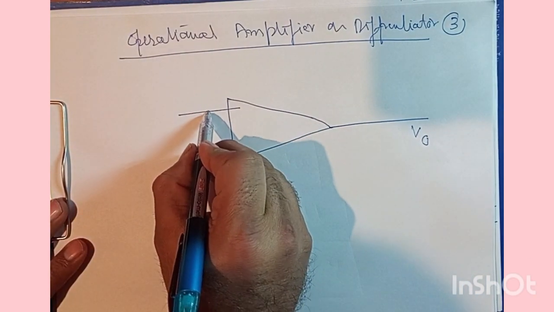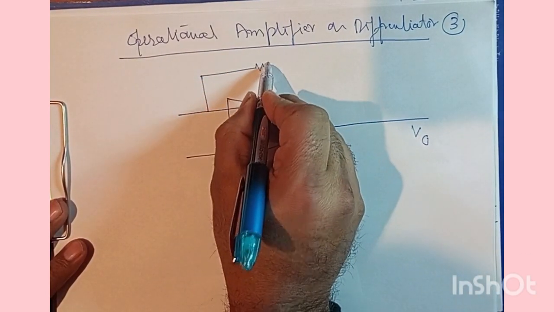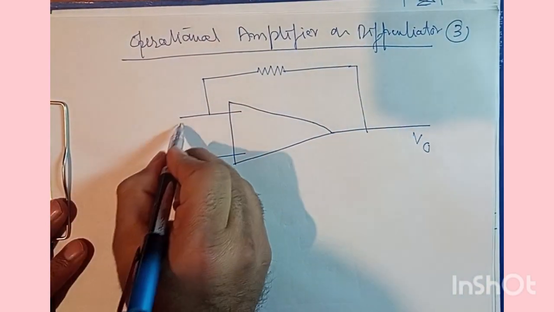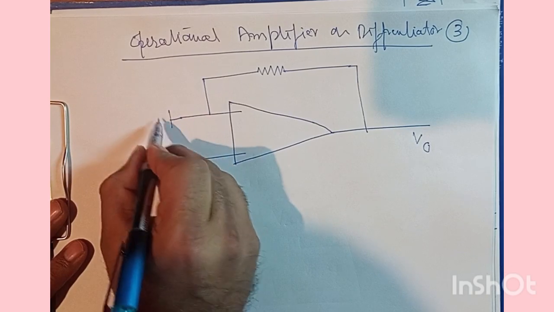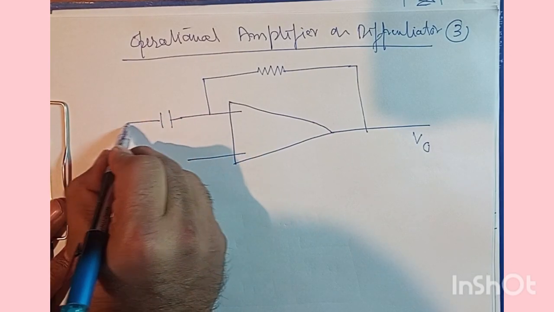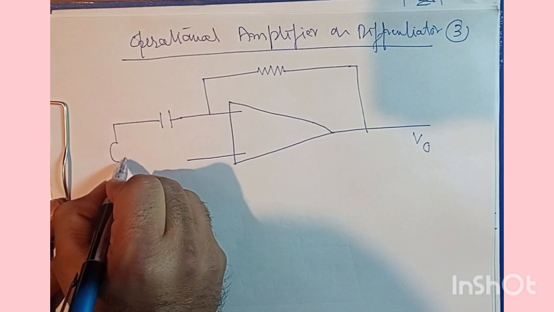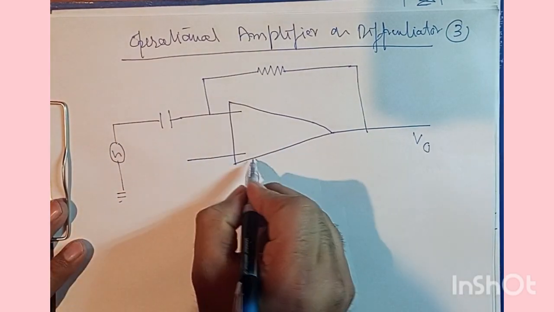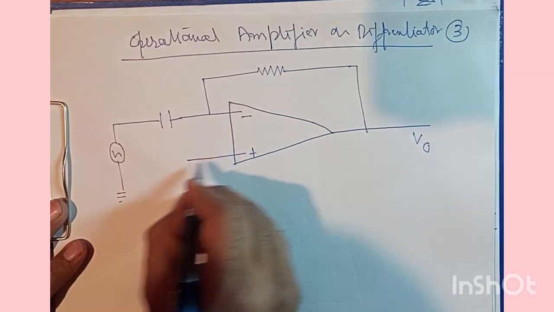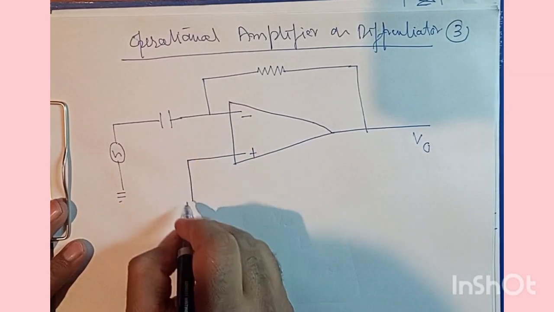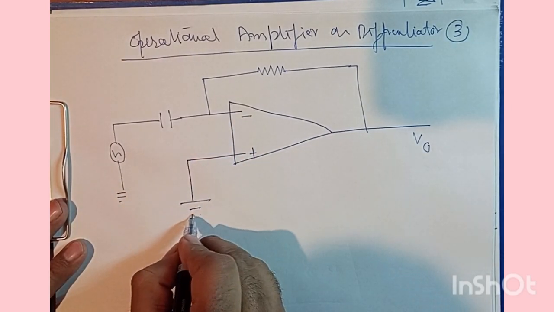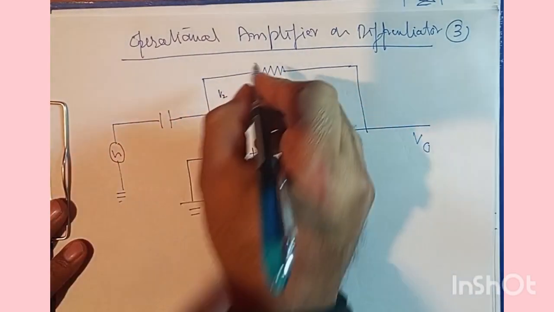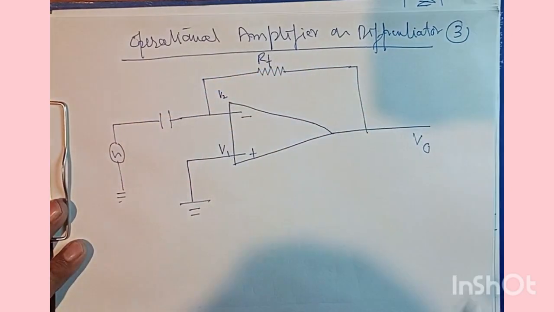Now we will have a feedback resistance here, and here we will make use of a capacitor, and then we will subject this capacitor to the input signal, and this is positive, this is negative, and here this is V1 and this is V2, this is RF, and